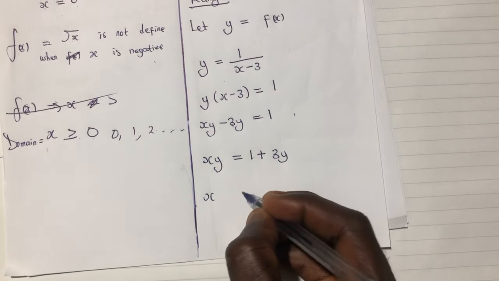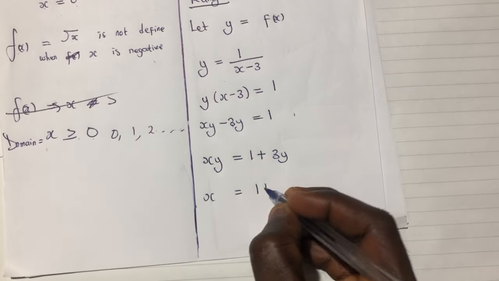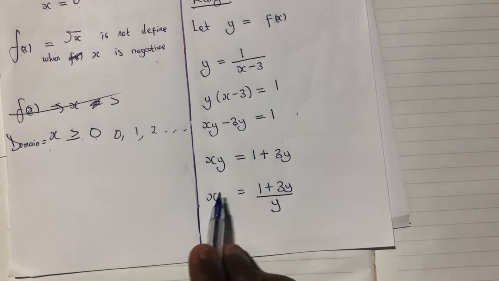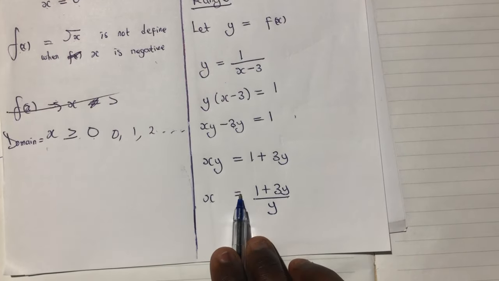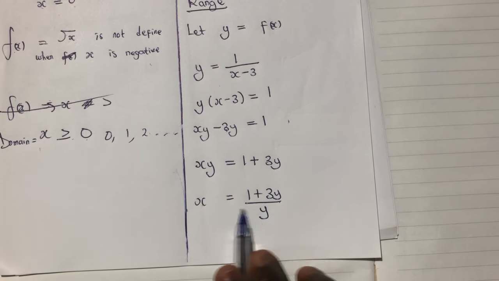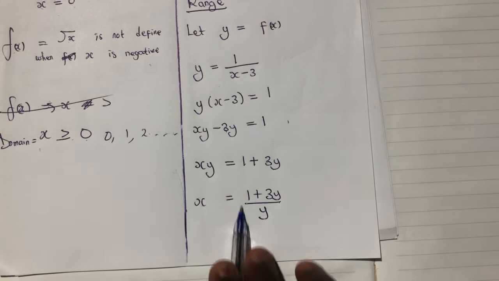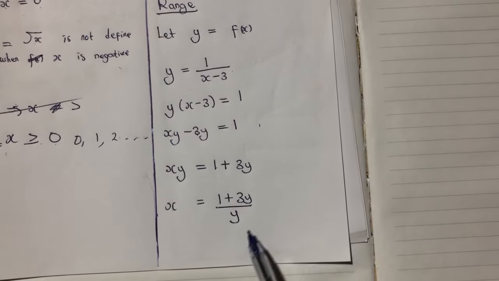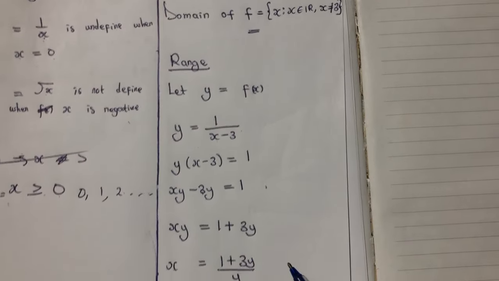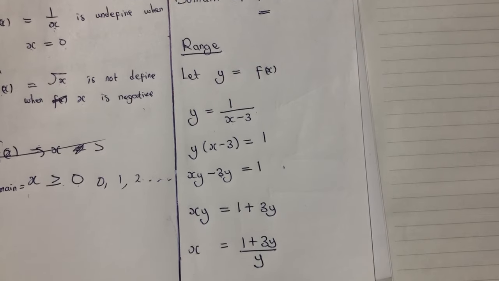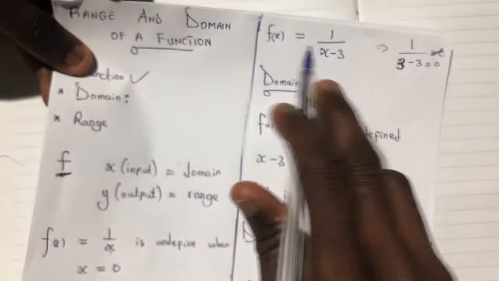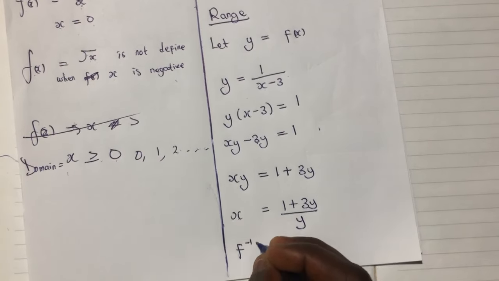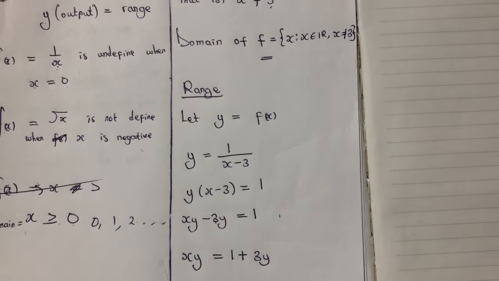So now my x will be equal to 1 plus 3y out of what? Y. And this x here equaling to 1 plus 3y over y is the inverse of the equation f of x. Once you are done and you get here, you are able to make x the subject. You write what we call a statement by saying the function given to you is f of x. So you write f inverse of y equals